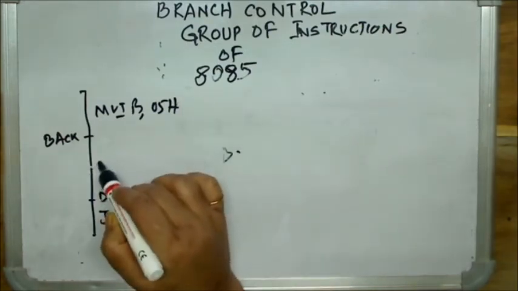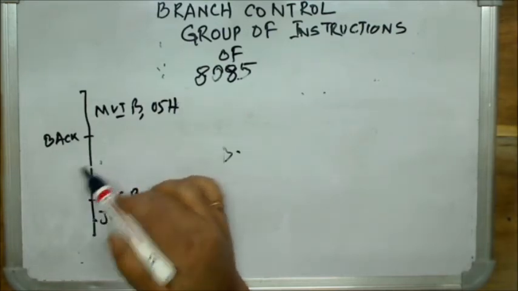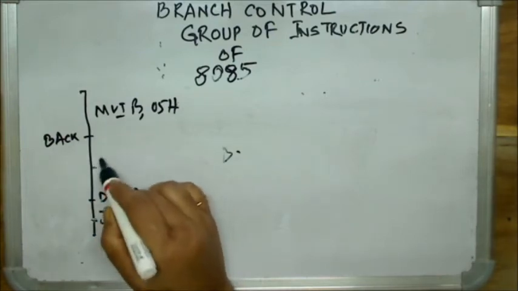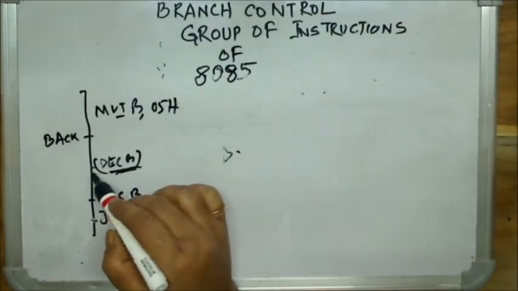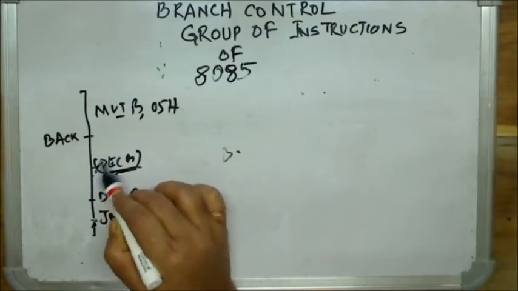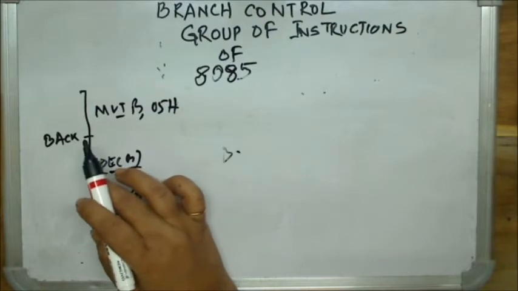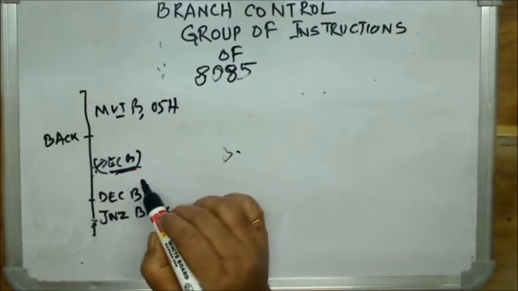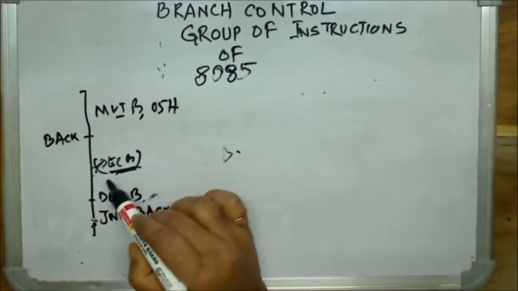suppose you write your DECB here. Okay, your condition is here. So between here to here, suppose you are writing your DECB here. From the DECB to the jump, if there is any arithmetic and logical operation, flags will again get affected.